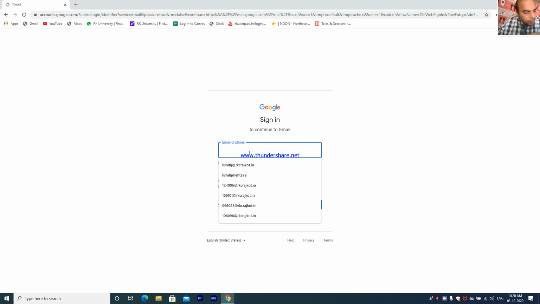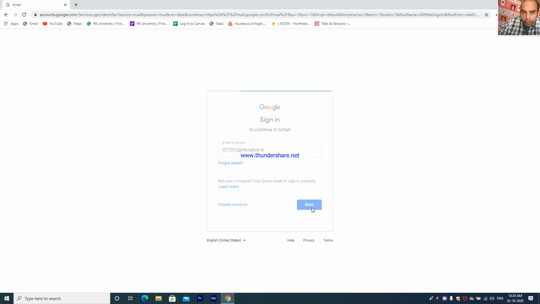to Gmail. Here you are going to write down your ID, your roll number. I am taking the example of Darshkunt: 077012, shift @ RKC Rajkot.in.